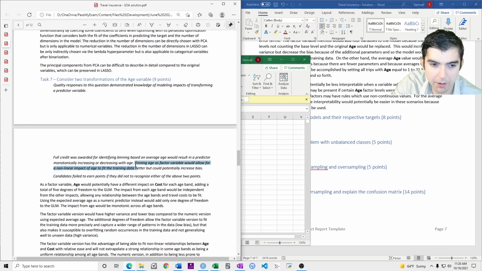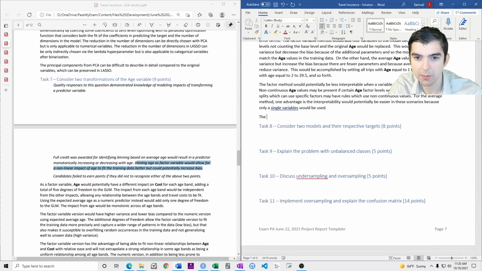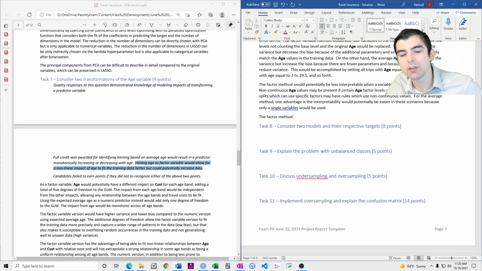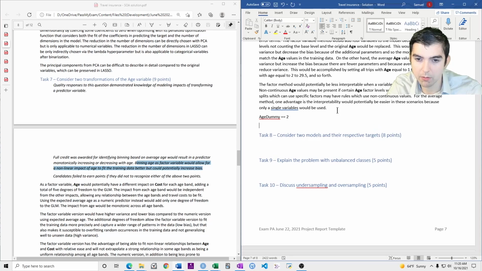Binning would allow for non-linear impact of age. Oh yes, so also non-linear and also interaction effects. The factor method, well, if interaction effects occur, so like if you're in a tree, you could have a split that's like age dummy 1 is equal to 2, right? That could be a split. Or age dummy 3 is equal to 1.